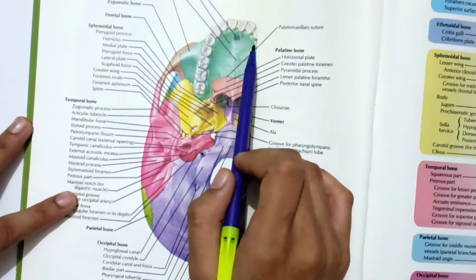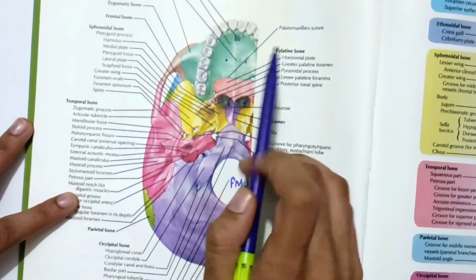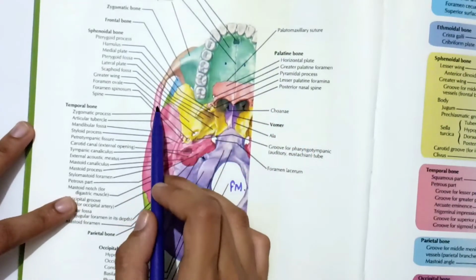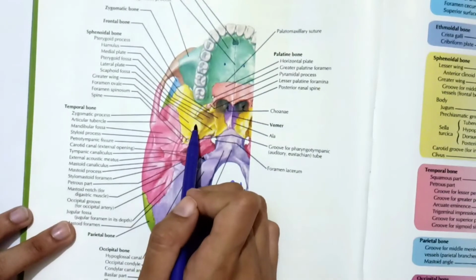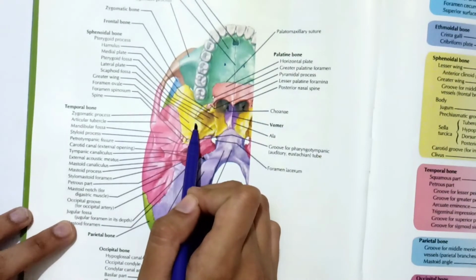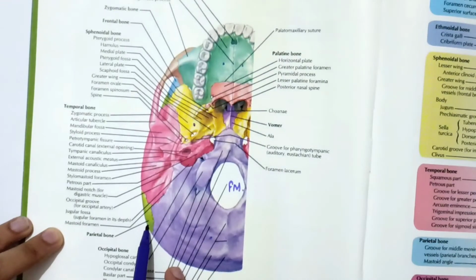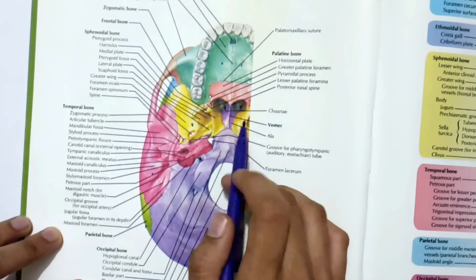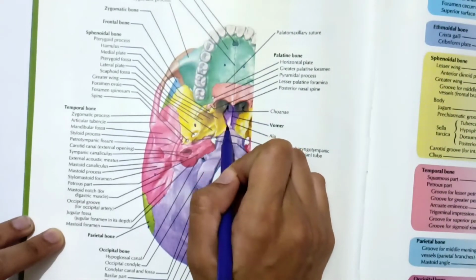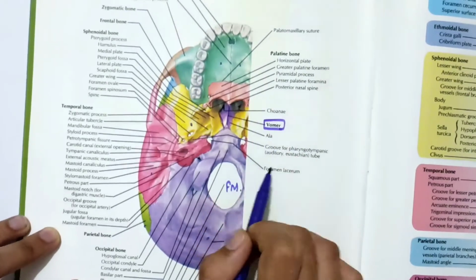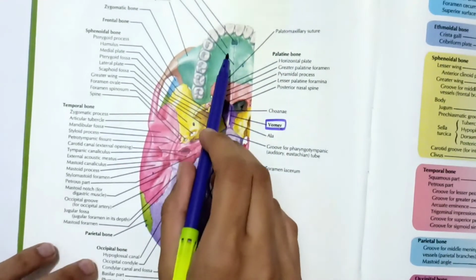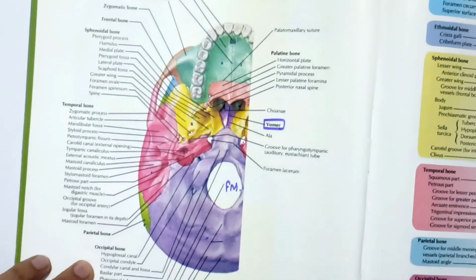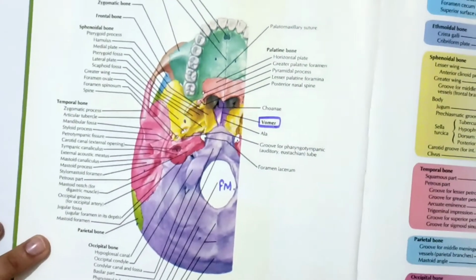Here you can see the palate, two palatine bones and the joint between them. You can see the teeth. You can see the zygomatico-temporal arch from here. Then this yellow one is the sphenoid bone. In the green you can see the parietal bone. This one is the temporal bone. This purple small bone is vomer. Then you can see different foramens. These are the foramens which we'll deal with in another video in detail. So this is the basal view.